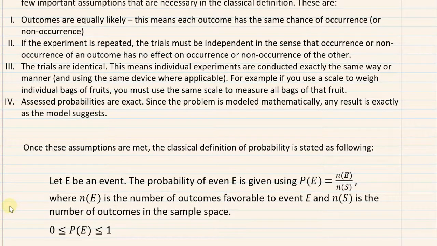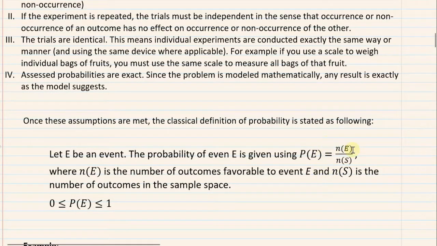So how is the probability found? This is how we do it. If you define any event E, then the probability of that event is going to be N(E) over N(S), where N here is a count: the number of outcomes favorable to event E over the number of outcomes possible in the sample space, right? So that's how it's done. And this part of it is where the mathematical modeling comes in. These numbers of favorable over possible outcomes could involve complex mathematical counting problems.